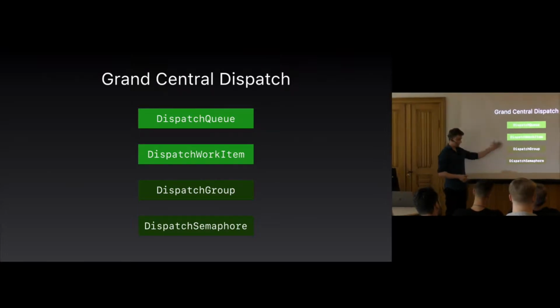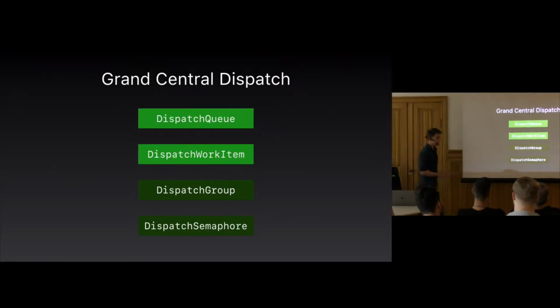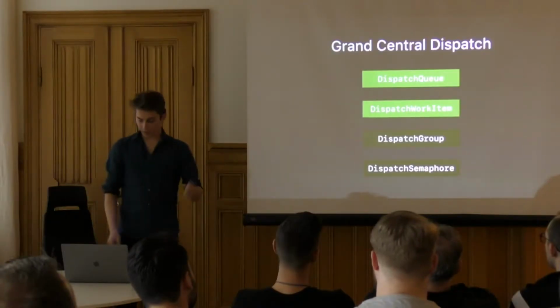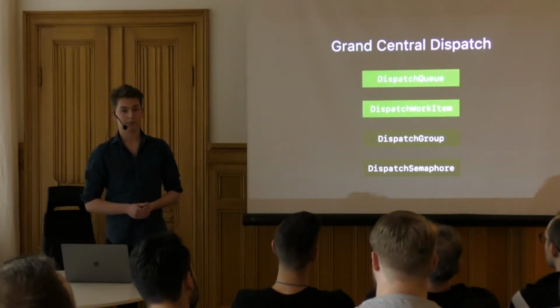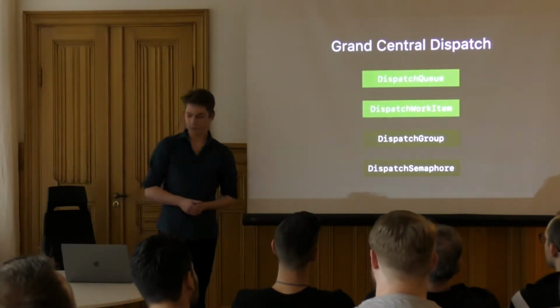There are also many other classes that you can use to achieve some things, like dispatch group or dispatch semaphore for locking. So Grand Central Dispatch is really nice stuff, and especially nice with the Swift 3 update. I don't know if you remember how Grand Central Dispatch looked with Swift 2. It was